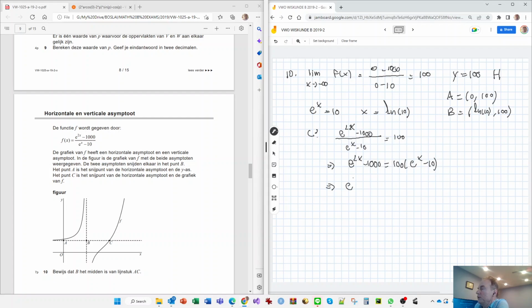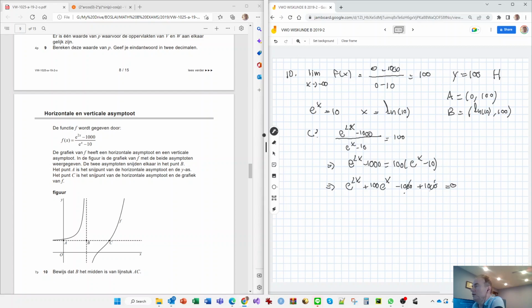Bring this thing to the left, and actually we just work it out, plus 1000, equals 0. So these two drop,